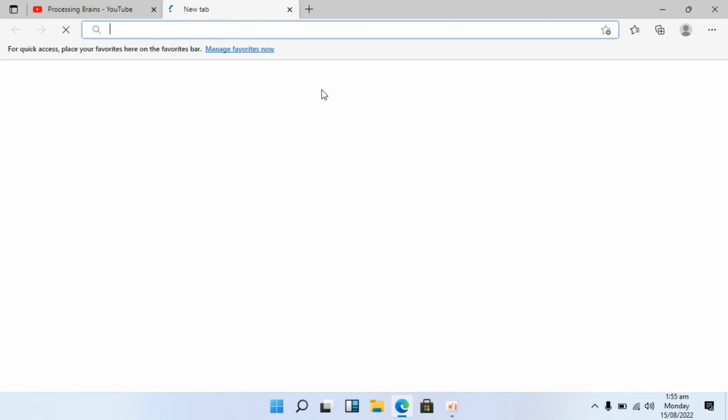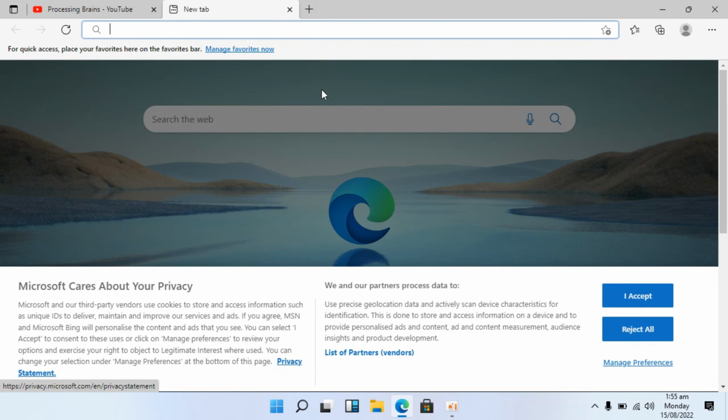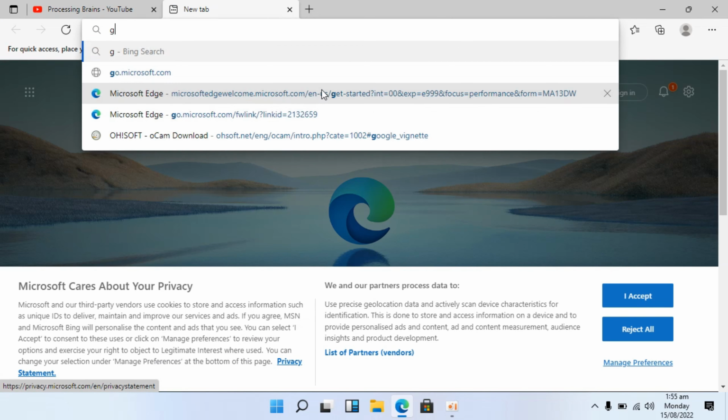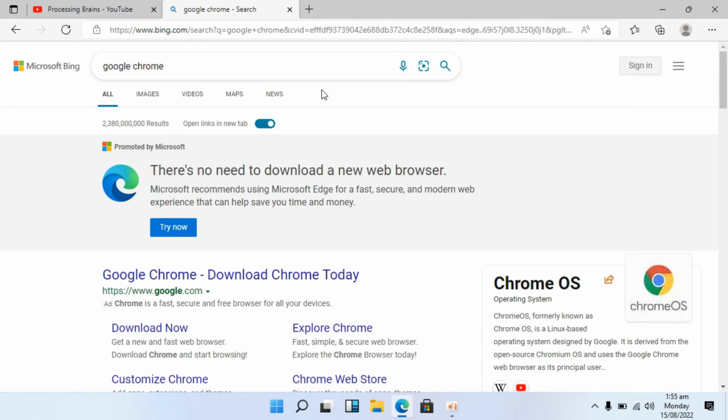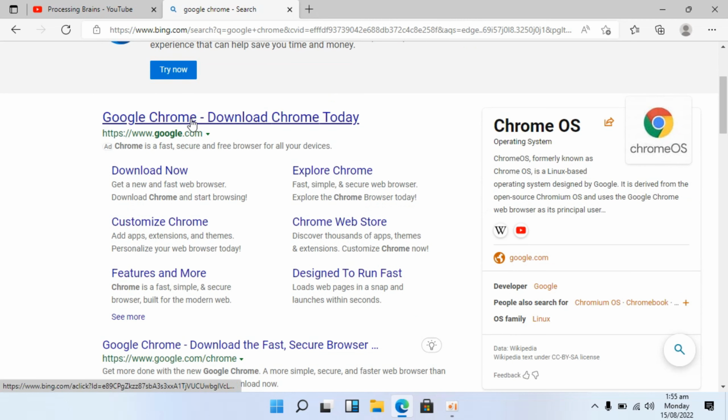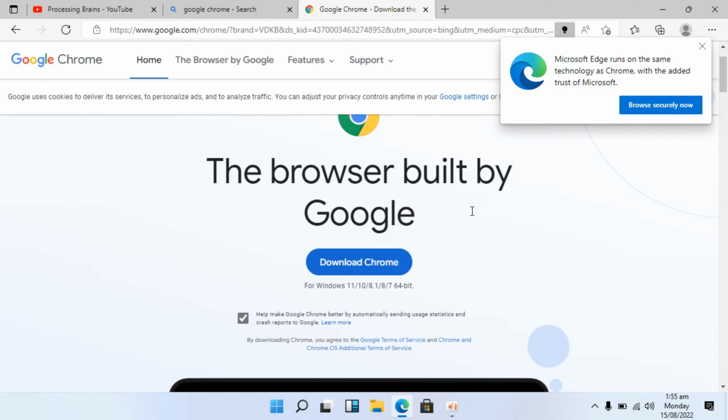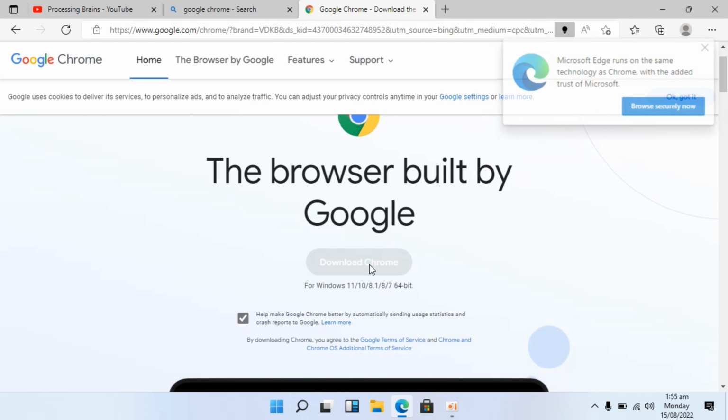We will go into the new tab here, and here you need to type in Google Chrome and hit enter. So here you can see googlechrome.com. Just go and click on this, and this would open up the Google Chrome site. Here we go. Now simply go and click on download Chrome,